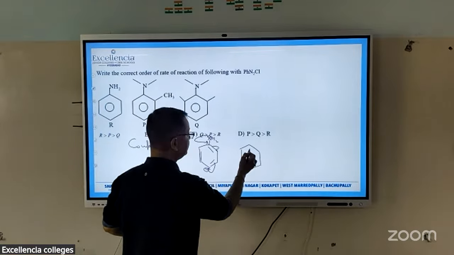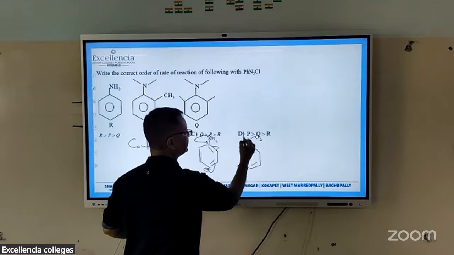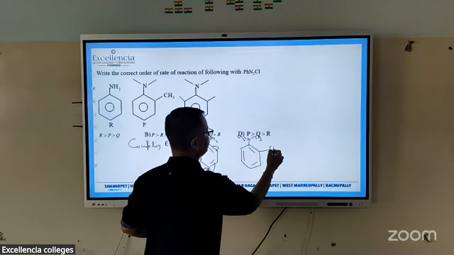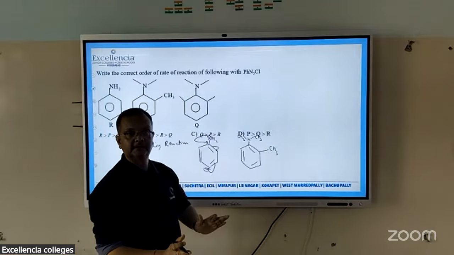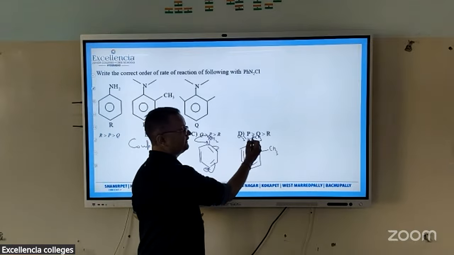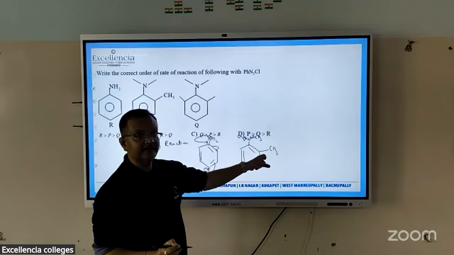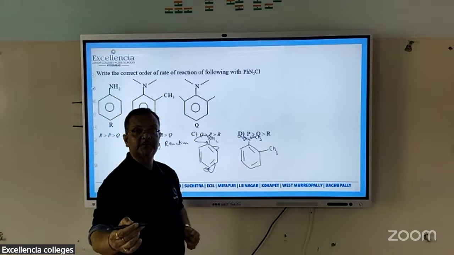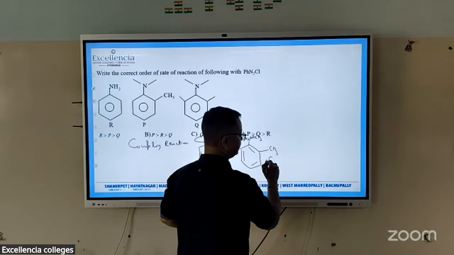it is also activating. But here one point is going on. See, if you look at that, both are electron releasing. But at the bottom position, we have got one methyl. So there, we are increasing the electron density on the ring strongly. But then what's happening at the bottom position? Now what will the methyl do? See, this methyl will create steric inhibition of resonance. There is one concept of steric inhibition of resonance going on here. So that process is acting here.